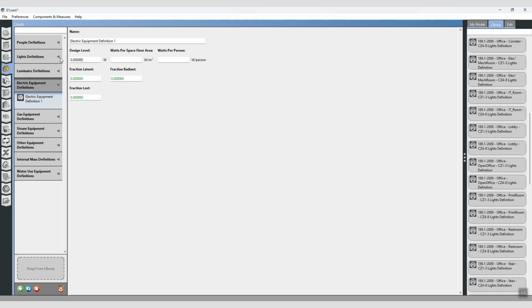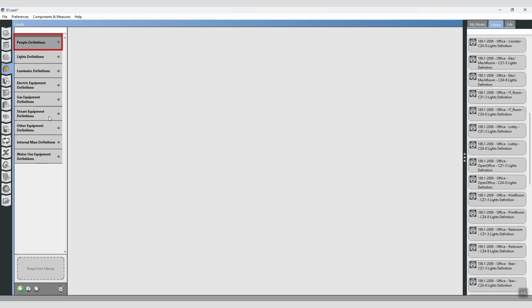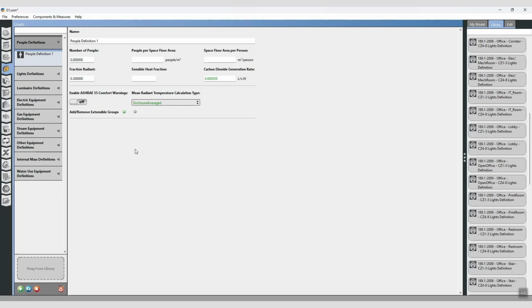People represent one of the most significant internal thermal loads in a space, but in OpenStudio they are modeled differently from lights or equipment. As with other internal loads, occupancy can be defined either by the total number of people in a space or by people per floor area, which represents occupant density. In addition to the number of occupants, the people object also describes how human heat is released into the space. A portion of the heat emitted by occupants is defined as fraction radiant, meaning long-wave radiation to surrounding surfaces. The remaining heat gain is automatically divided between sensible and latent components. EnergyPlus performs this split internally based on typical metabolic behavior,